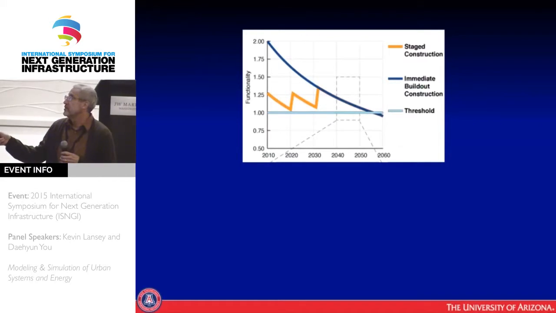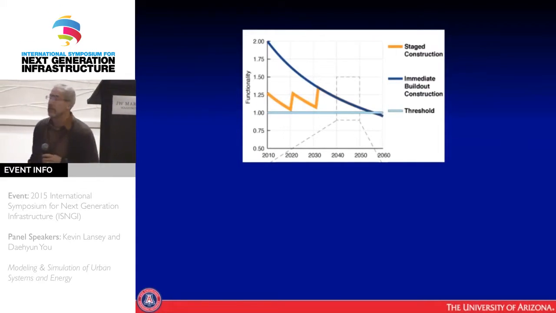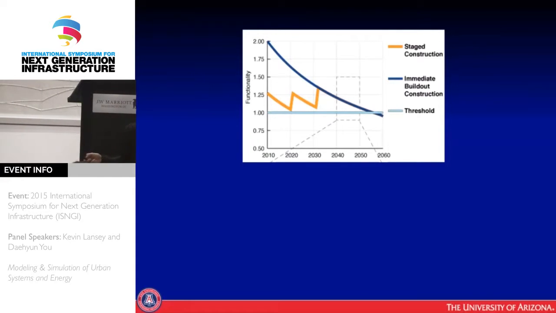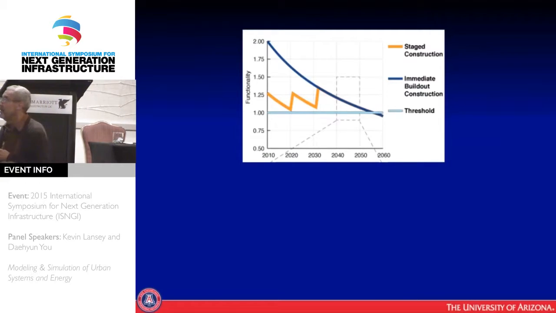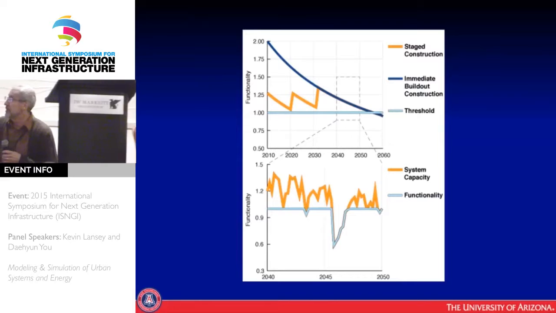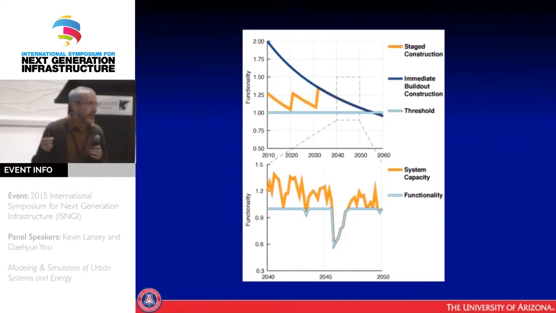And we start with high functionality, but over time that demand increases, and we start losing our functionality capacity and have to jump back up over time. The benefit there is that we have more adaptability in the system. We can make changes over time. And is it better though? Because what we end up with, and I've blown up this blue area here, I show it as a nice smooth line, but in reality,